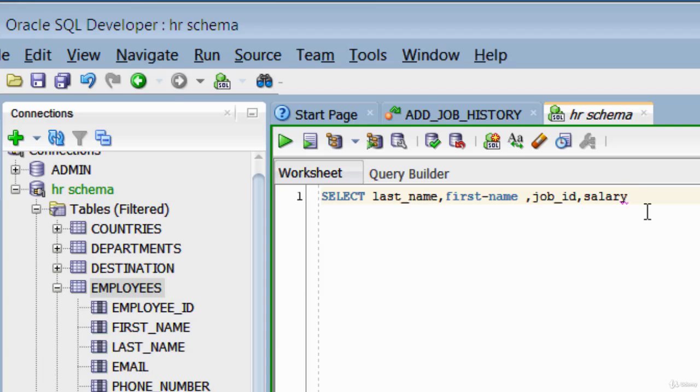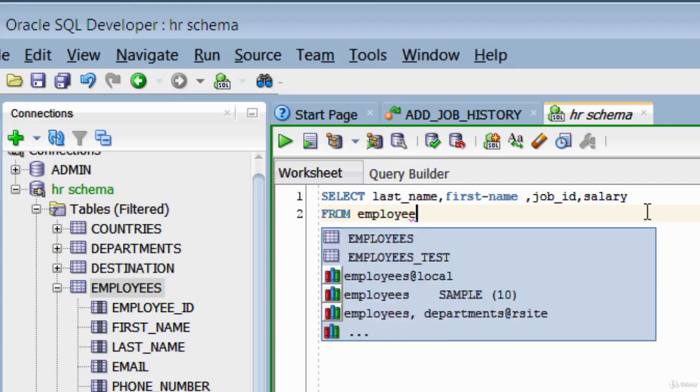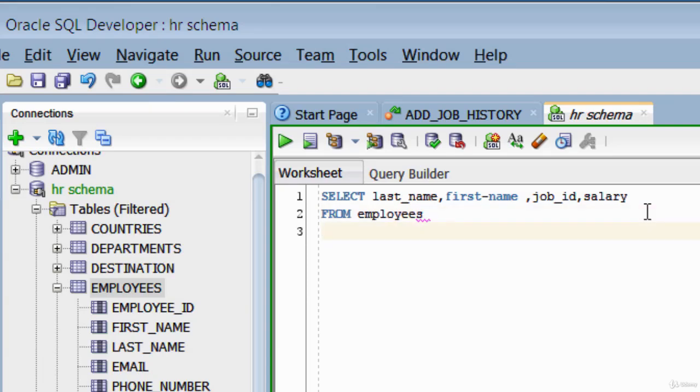Next, we need to specify the table the columns are coming from. So do a from, and the name of the table is called employees. And then next we need to specify a filter because the report wants to exclude anyone who earns certain amounts and also people who do not work as a sales rep or as a stock clerk. So to do that, we use the where clause to act as a filter. So we type in where